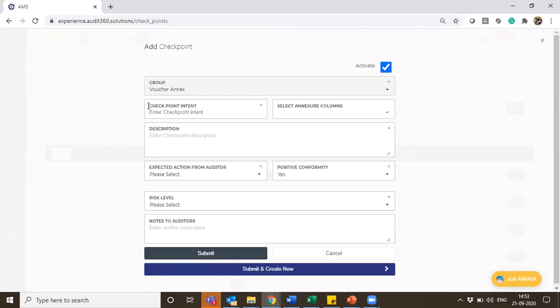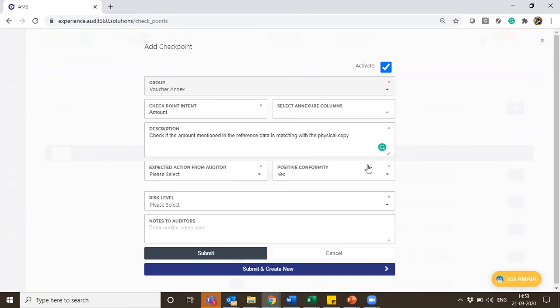So for example, here I would be giving amount as the intent, and I will mention the description as: check if the amount mentioned in the reference data is matching with the physical copy. So this is my checkpoint which I have defined here.